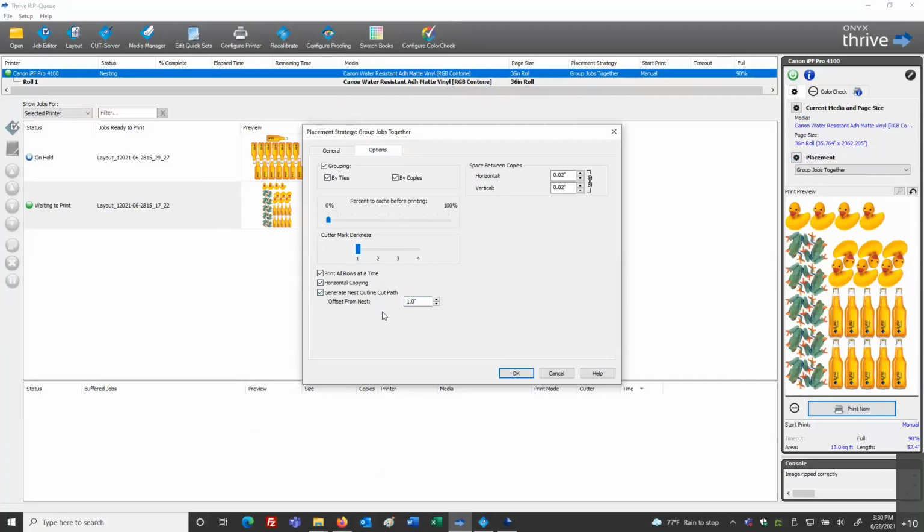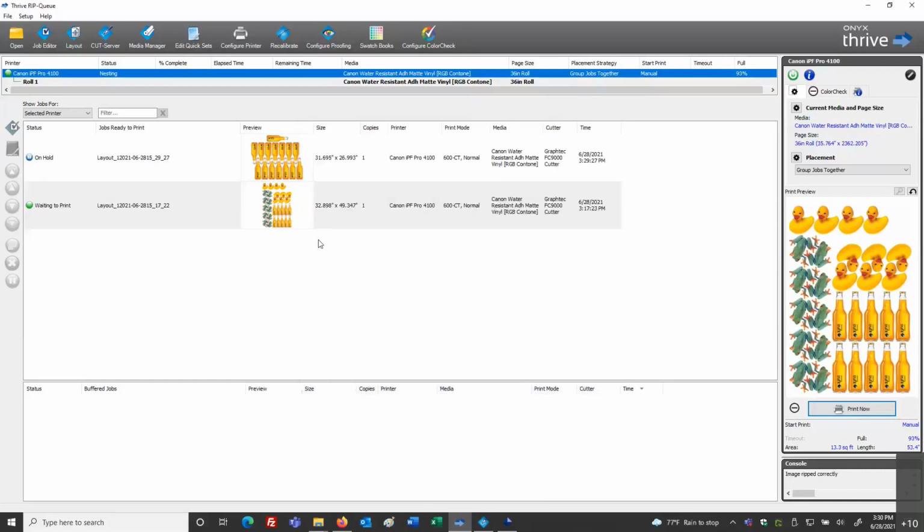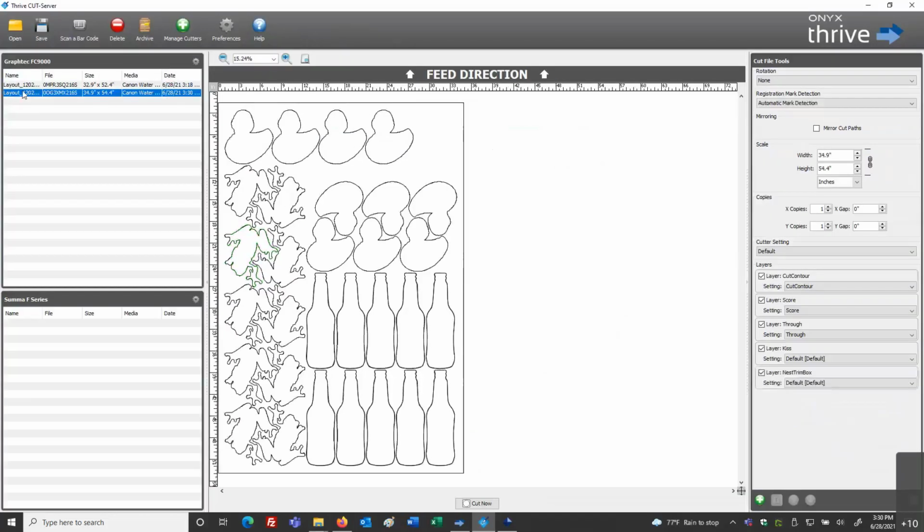So you saw it with it off. We simply get the standard cut information as we created it in Image Trace. Here, I'll turn this setting on with a 1-inch offset just for visual, and then I'll print again. And that's going to print and generate another cut path information. So if I go back into Cut Server, I have a new file here, and now you see that 1-inch offset, and that's my outline cut path for the layer. So that's for weed bordering.